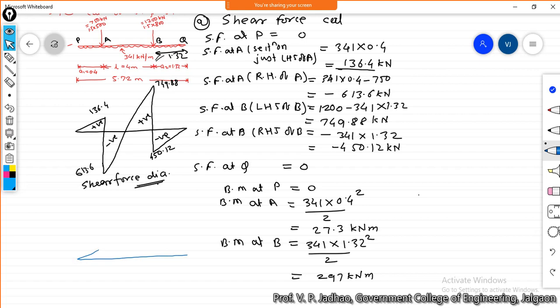At point B, that is 297. So it will be something like this. This is 297 and this is 27.3. Okay, now for the bending moment between this point A and this point B,